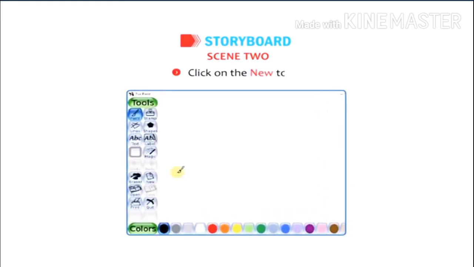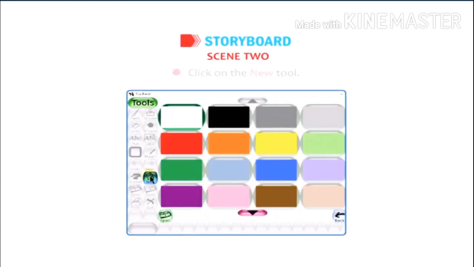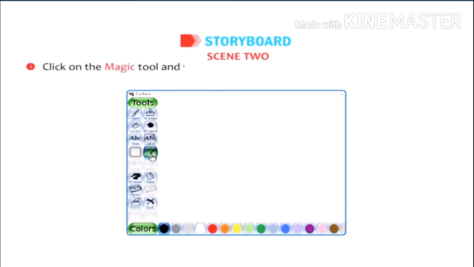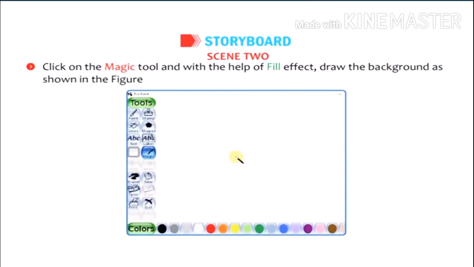Scene 2. Click on the new tool. Select the white background and click on Open. Click on the magic tool and with the help of the fill effect, draw the background as shown in the figure.